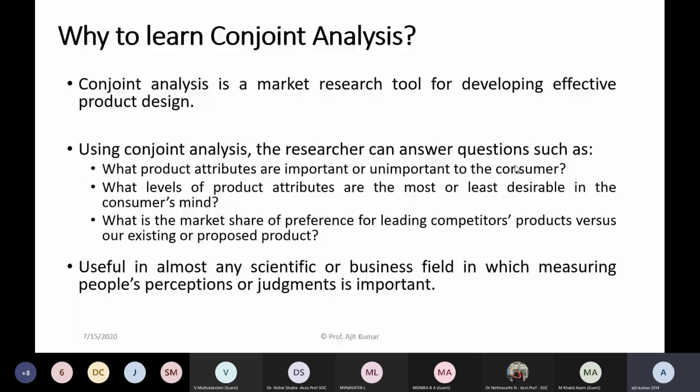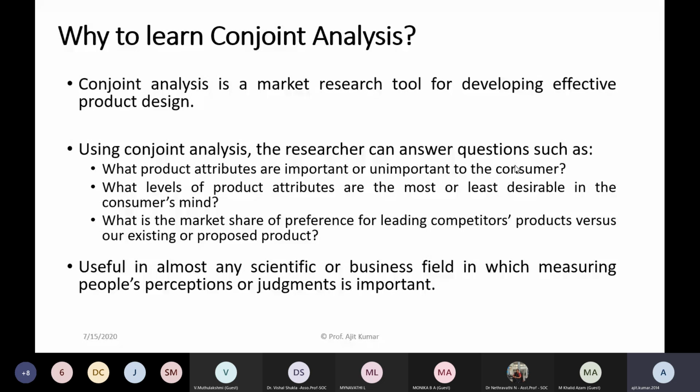What kind of questions do we generally ask as a researcher? We ask what product attributes, features, components are really important or unimportant to the consumer or our client, or maybe our internal client within the organization. Let's have a broader view. Somebody thinks that one who is pursuing a course in HR or OB cannot use conjoint analysis. That is a wrong perception. Anybody can use it.